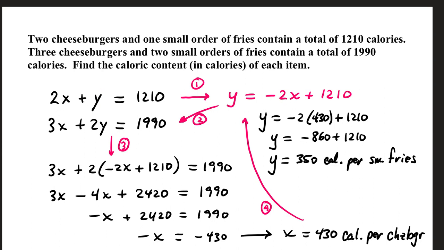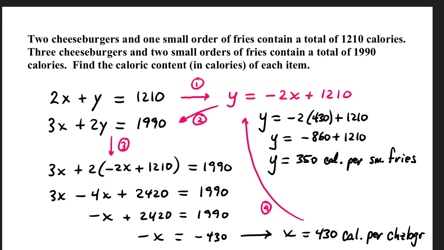So in step one, and I'm going to use substitution instead of elimination, I'm going to isolate that y. Subtracting two x's from both sides gives us y equals negative 2x plus 1210. Now, I'm going to go to the other equation and replace y with negative 2x plus 1210. Take your second equation, swap out your y,